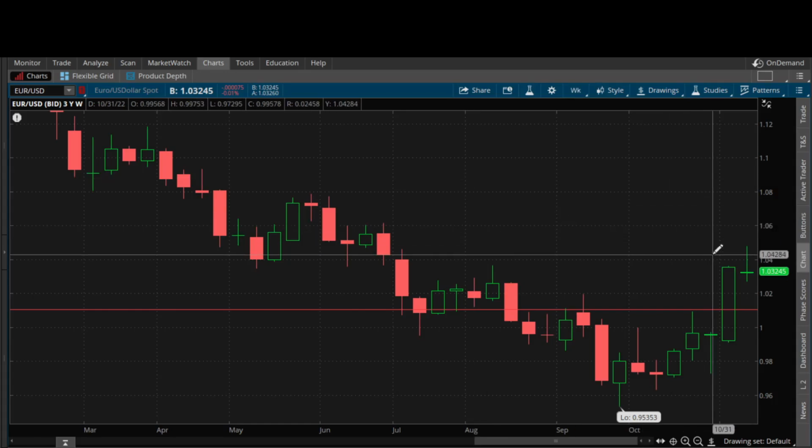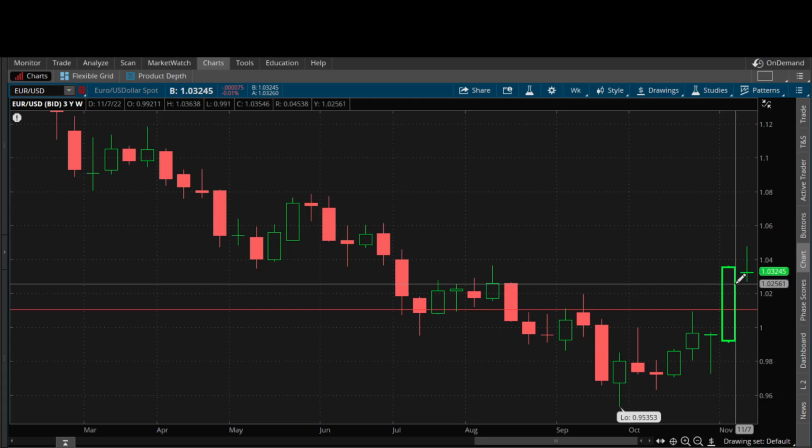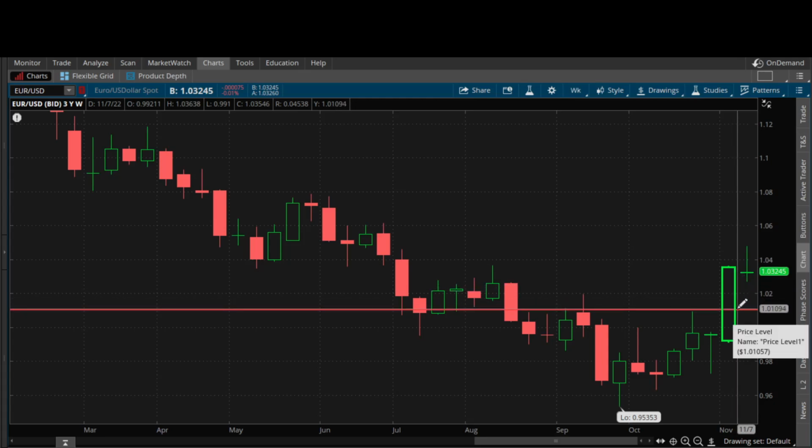So we're in a premium market, and we would remain in a premium market until we traded below 50% equilibrium of that established price range. So again, remember, structure is bullish, but we are in a premium. Structure is bullish, and we're in a premium.